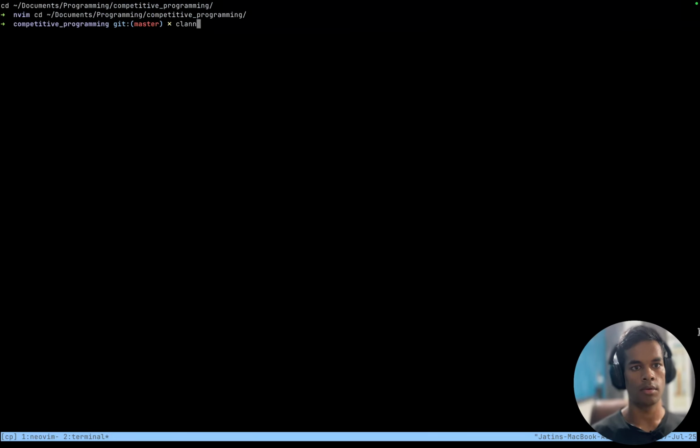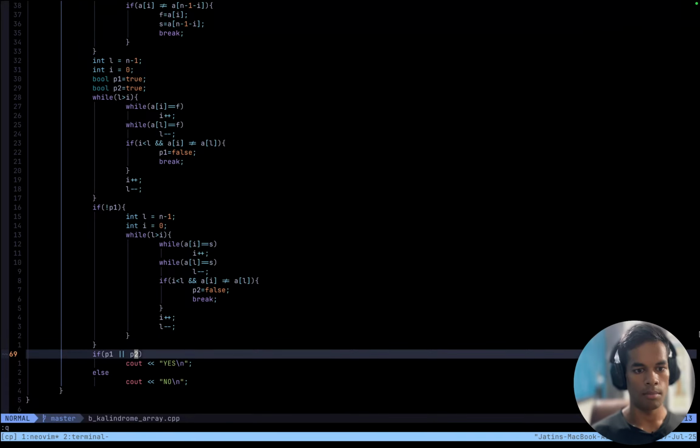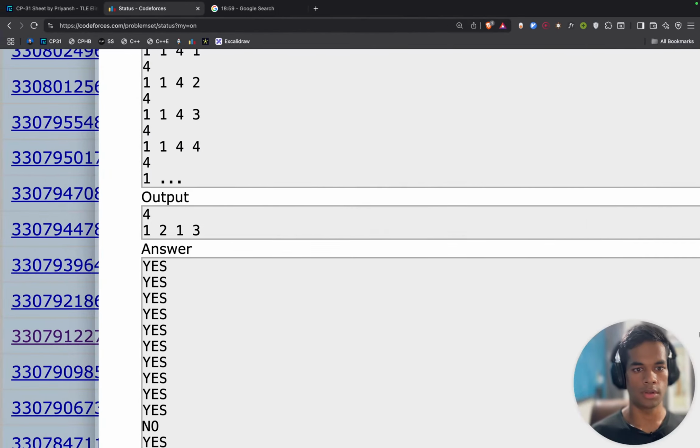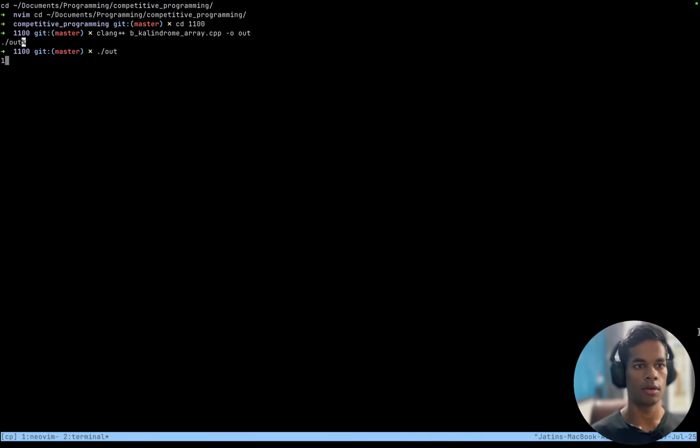And compile with g++. Run on Chrome or whatever, dot slash out. One test case which has four things, 1 2 1 3, and should output yes, and it does.